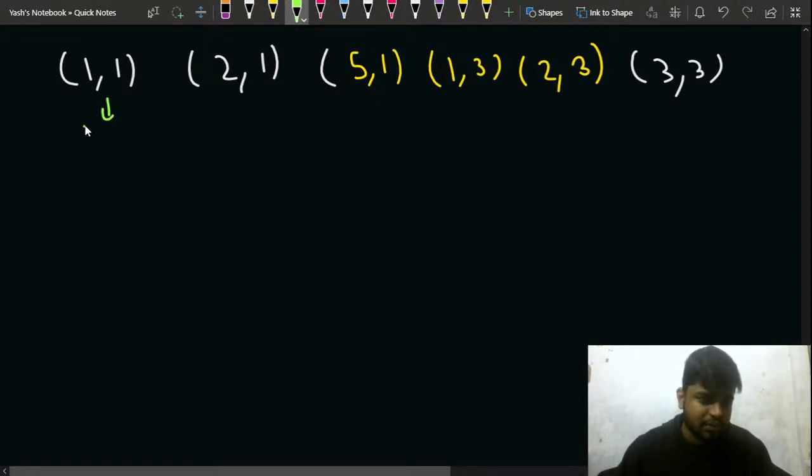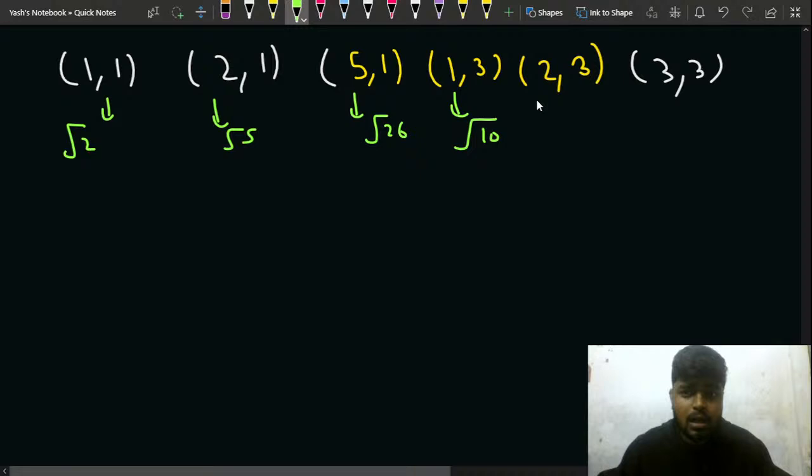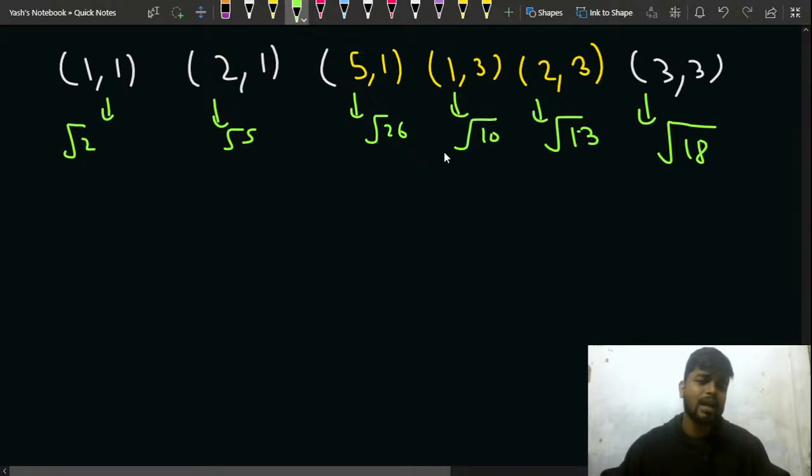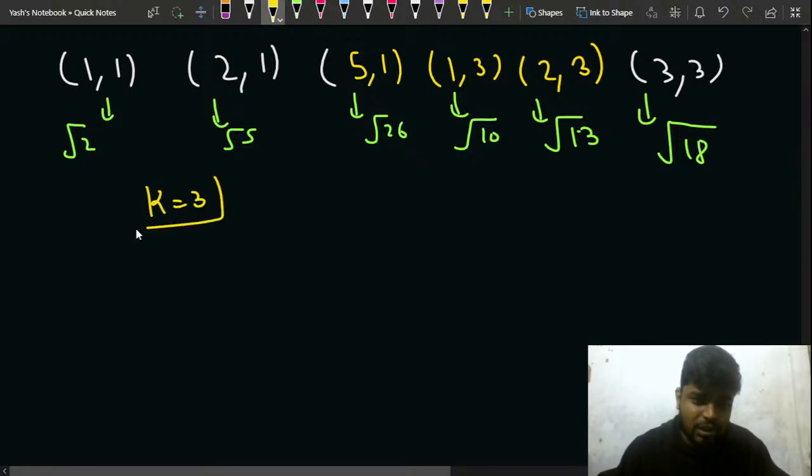So the distance of this point from the origin is root 2, the distance of this point is root 5, the distance for this point is under root of 26, the distance for this point will be under root of 10, the distance for this point will be 9 plus 4, that will give me 13. The distance for this point will be under root 9 plus 9, that is 18. So if I say that my k value is 3,